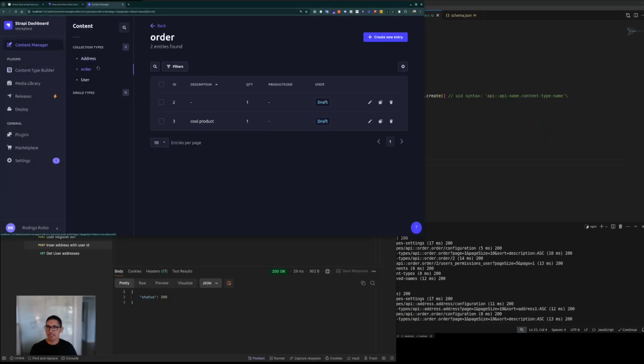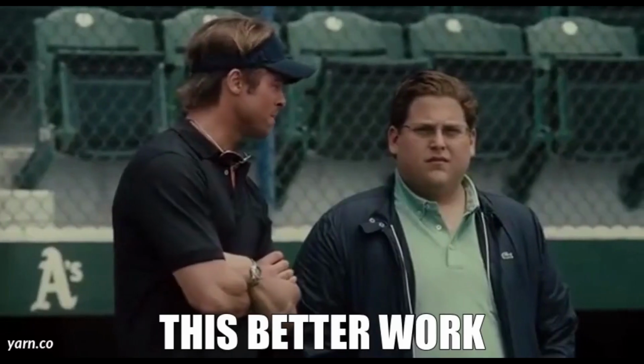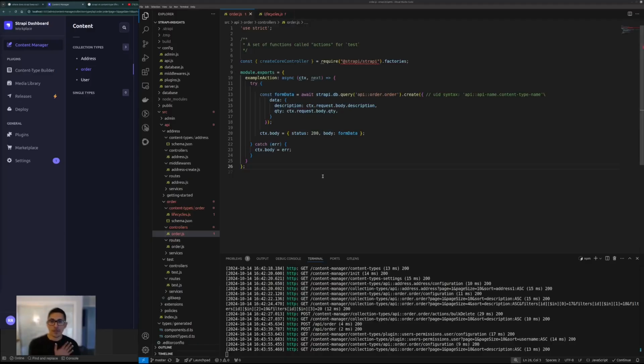Do those entries, and there you go. So now this means that we have to do a bit of extra work in return for extra performance, and let's see how that works. This better work. Now that we're going to be implementing our validation manually, let's go to under your content API,